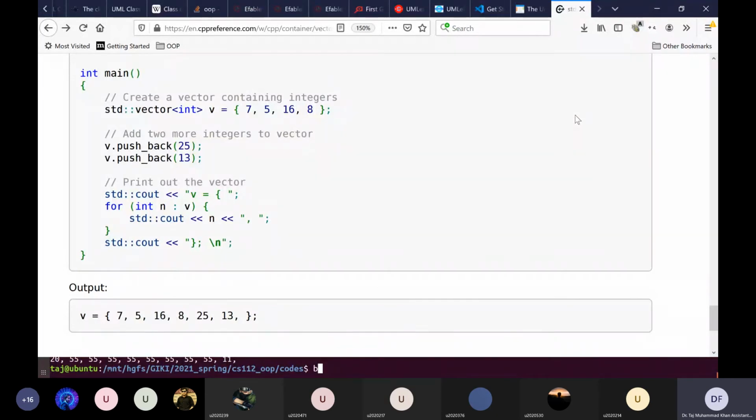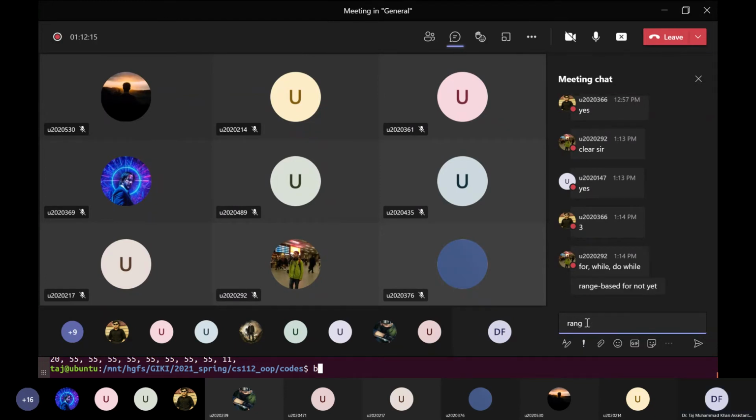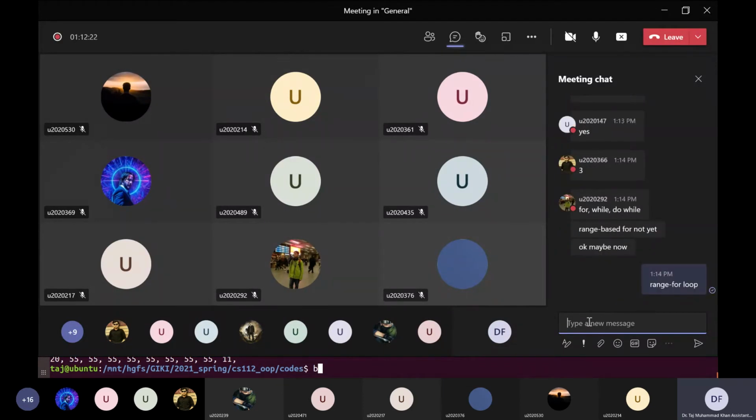In C++, how many types of loops have you studied? Three, which are for, while, do while. Very good. So from C++11 onwards, there's another type of loop which is called range for loop, or range based for, which we have not studied yet.